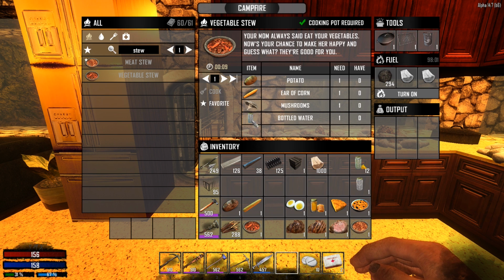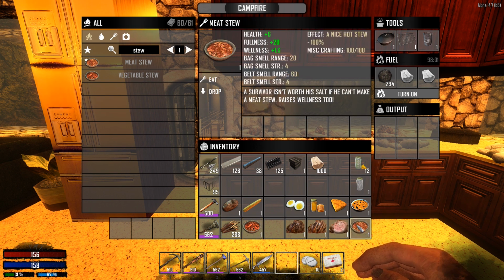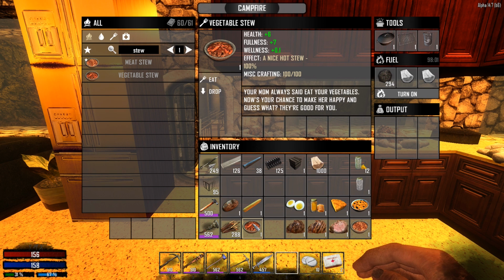So mushrooms, you would think that you get better stats from vegetable stew than meat stew in a way, because it requires resources which are even harder to come by than meat, because I don't think mushrooms respawn. I think animals respawn, but mushrooms don't. Anyway, that's besides the point. I just thought it was a little bit disappointing to see vegetable stew be that bad, that it only gives you 0.1